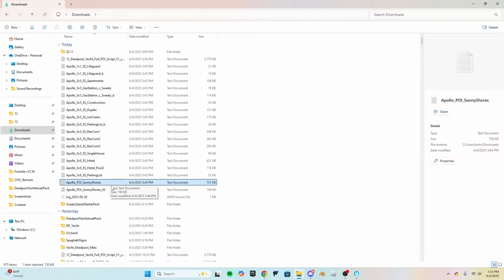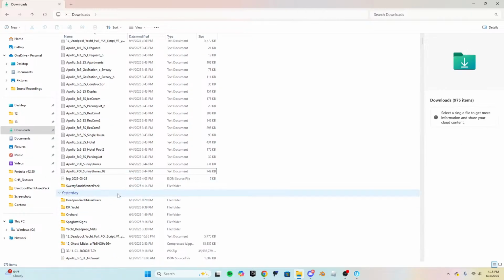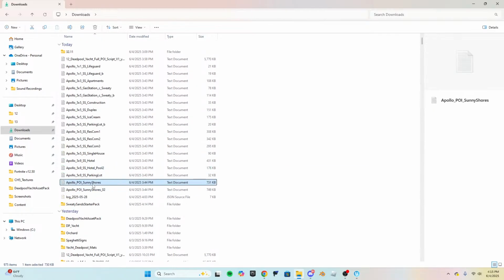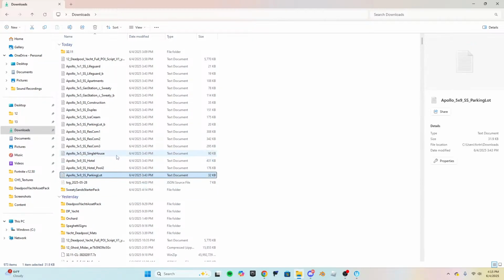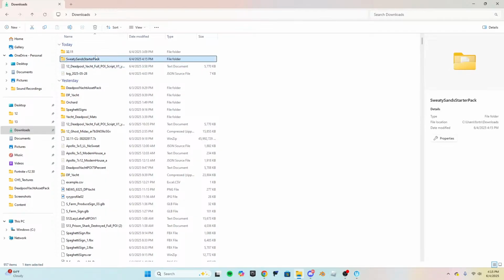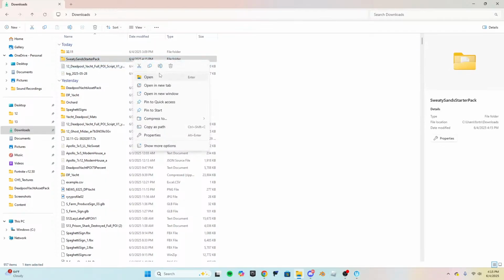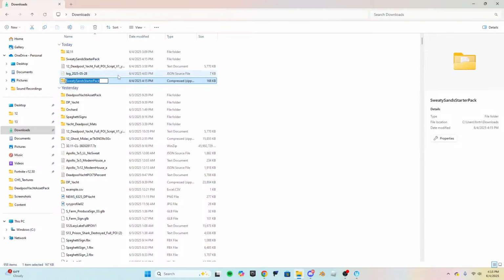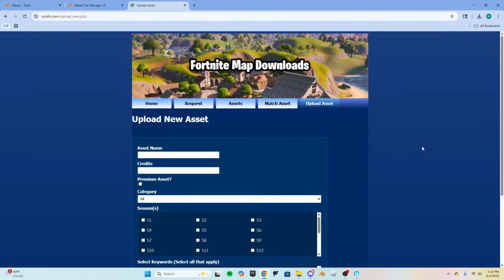Apollo POI Sunny Shores or Apollo POI Sunny Shores 02? I'm just gonna put both in there. Okay, and then all of these go in there. And then I'm going to compress to zip, and then Sweaty Sand starter pack, upload asset.